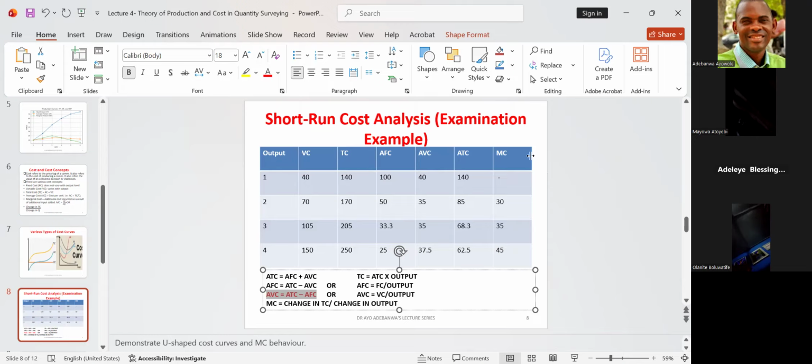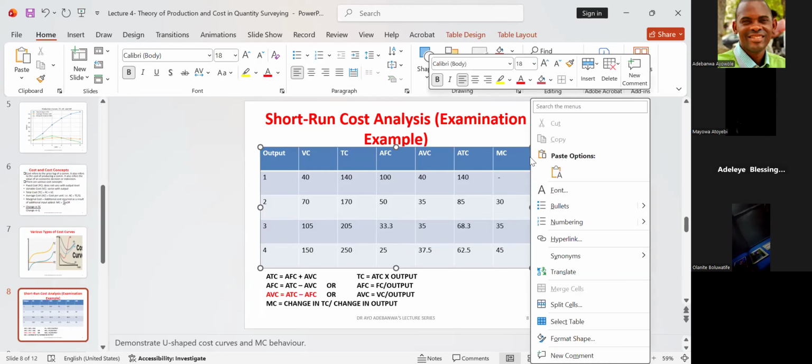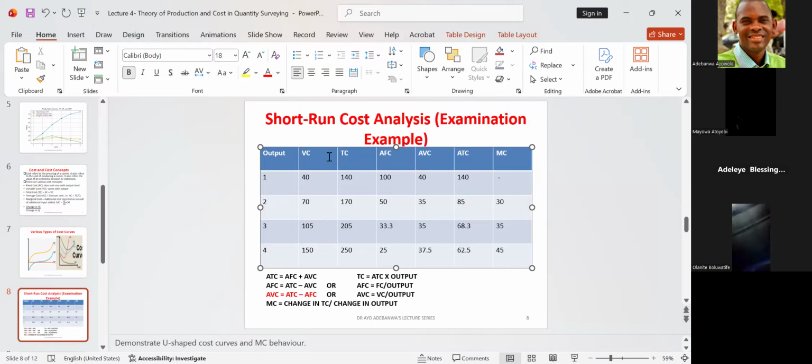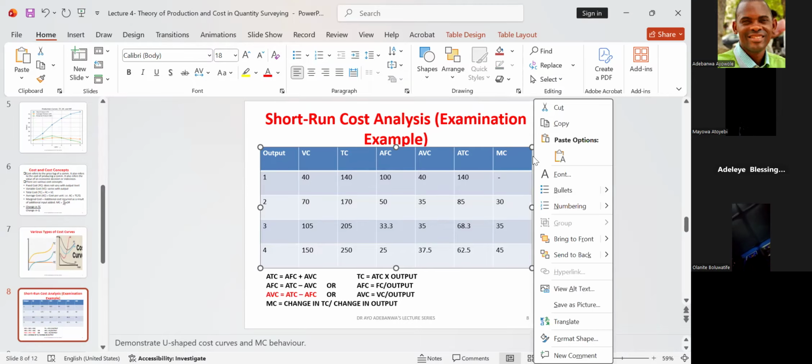Let me try and insert a column for fixed cost, because what you have here is average fixed cost. But I need a column for fixed cost so that we can get the variable cost out of it. Because the formula for total cost is